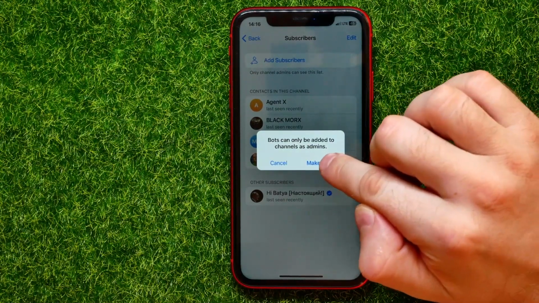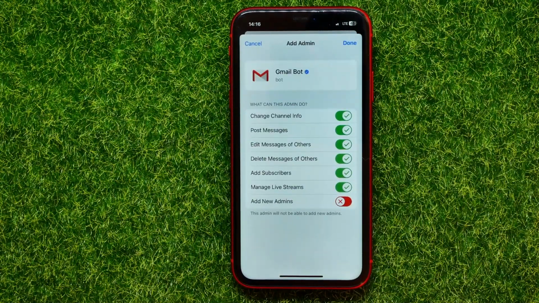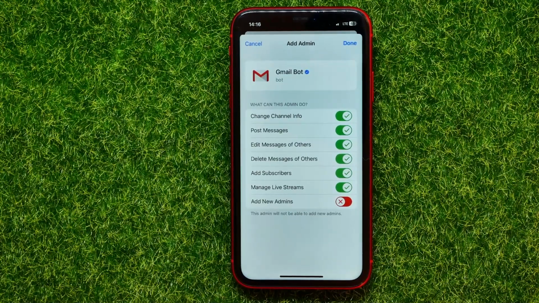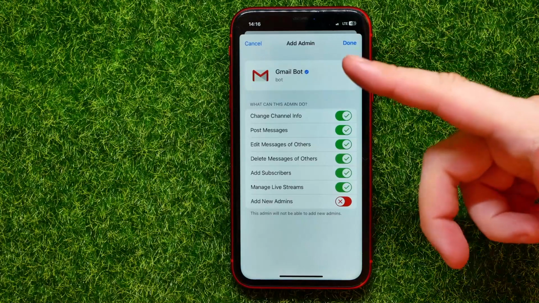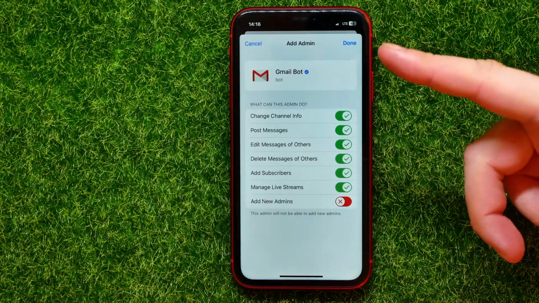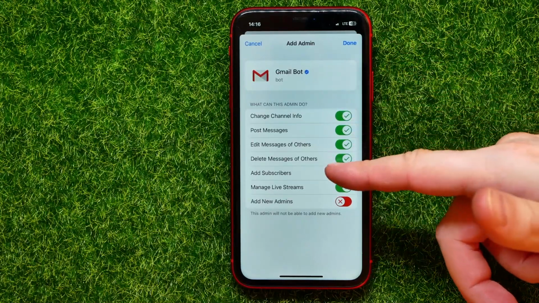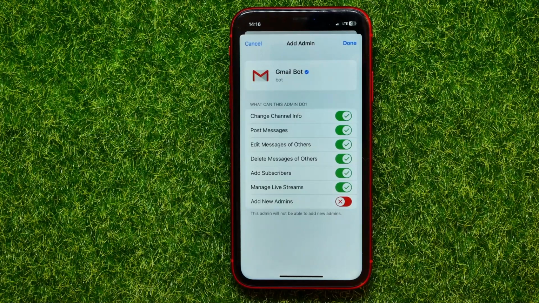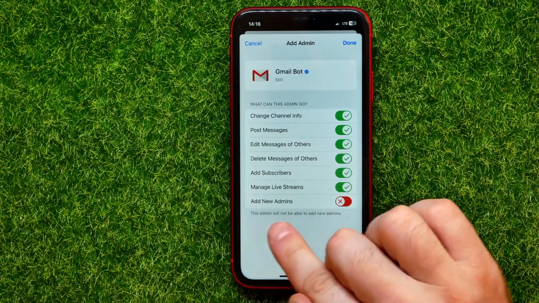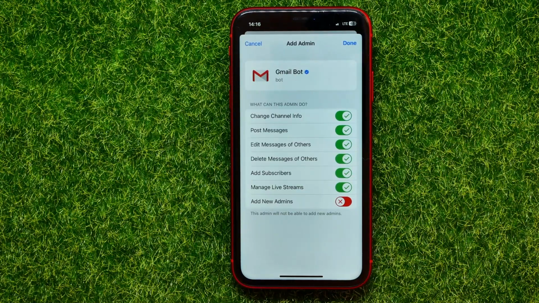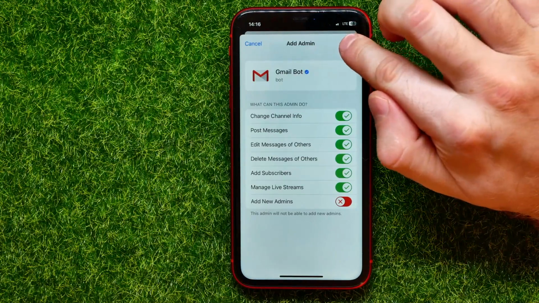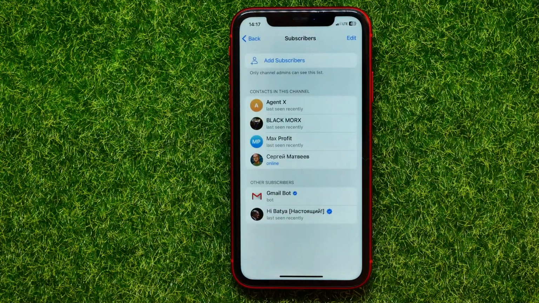and on that step I can set permissions for that bot. That could be change channel info, post messages, edit messages, and a bunch of other features. And by default, add new admins feature is toggled off, and I don't recommend you to toggle this feature on. So after that you can hit on done, and as you can see, I have just added the bot to